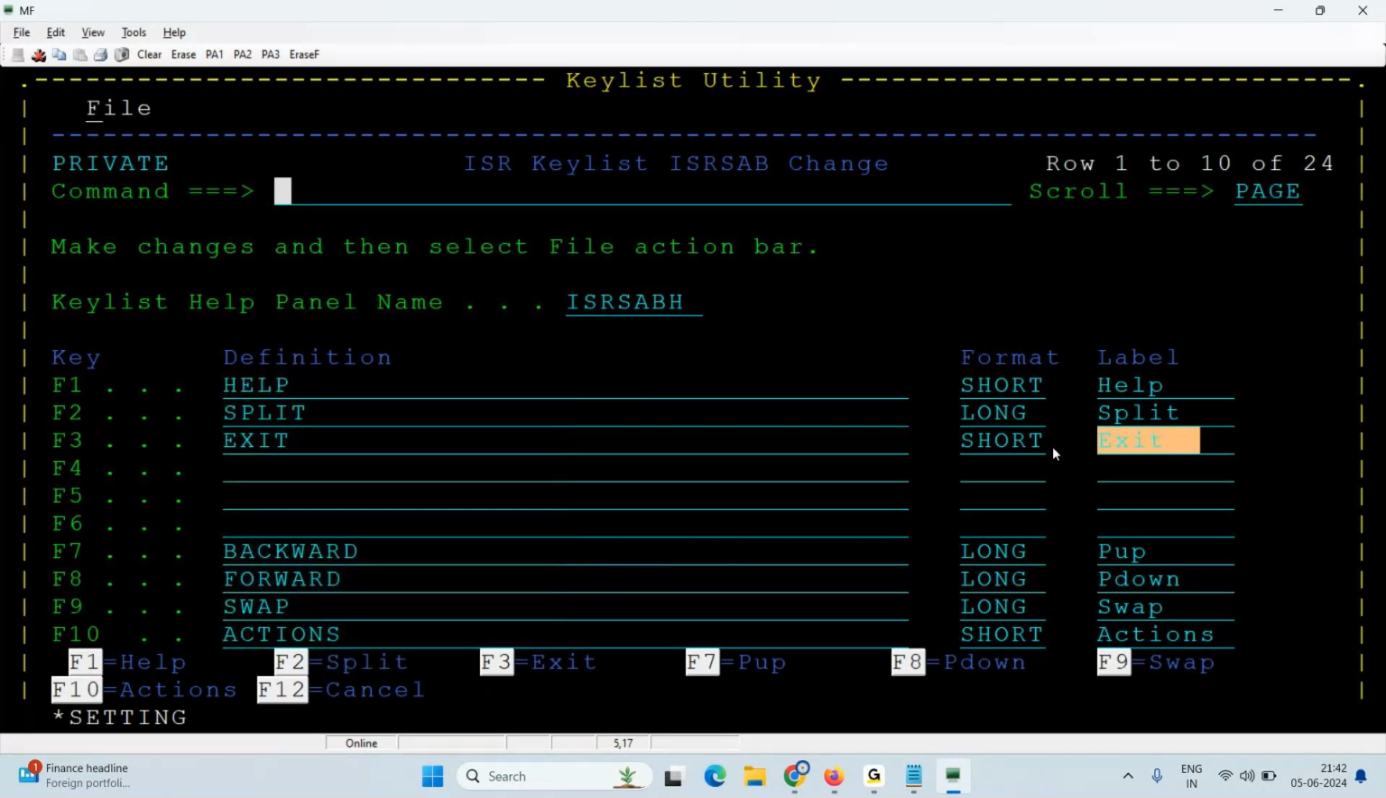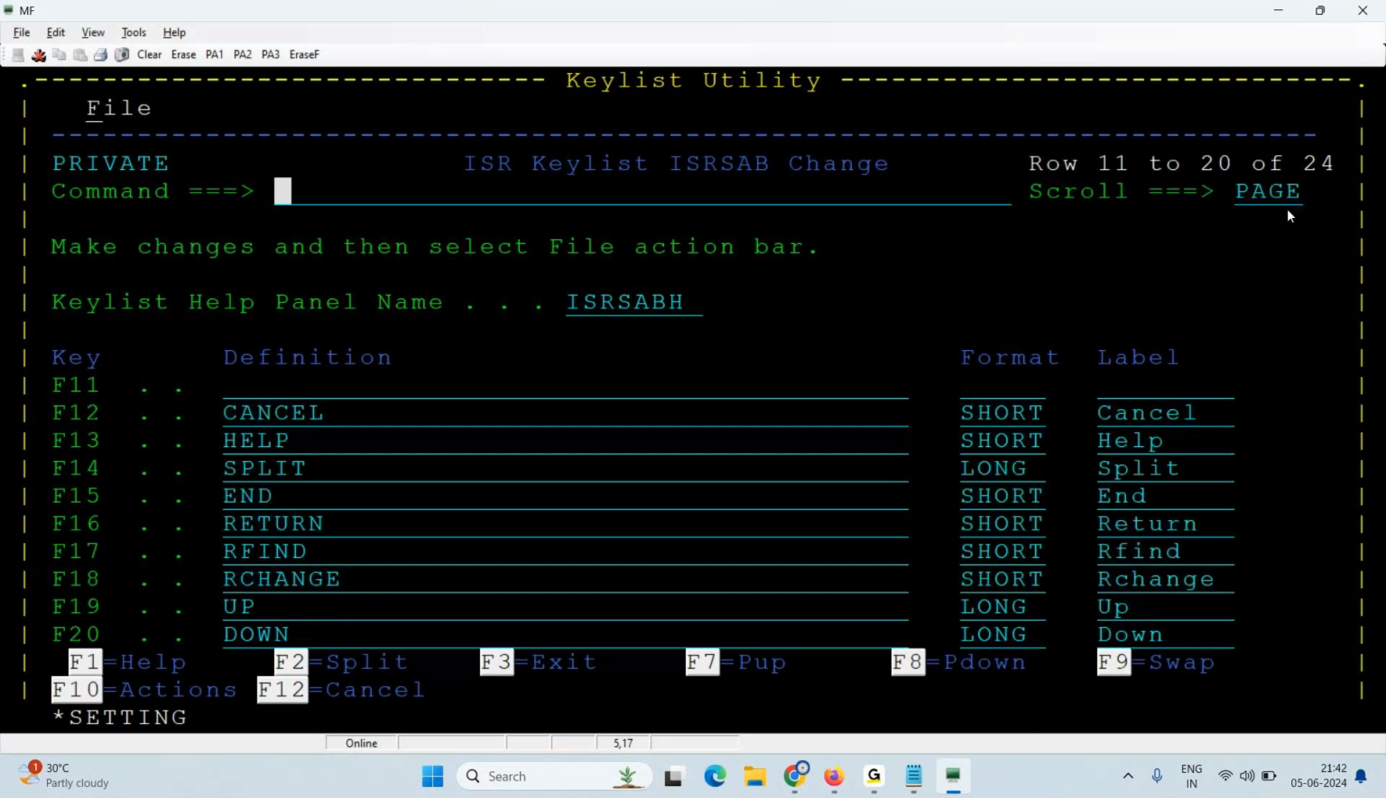F3 is exit. Okay, F5 is refine. F7 is page up; you can use F4, 5, 6 also for other purposes that you can explore later. But page up F7, page down F8, F9 is a swap. What is a swap? We'll discuss that later. And you can see, I'll press F8. There is no more, but you can still, if you type F8, you can see that there is a function